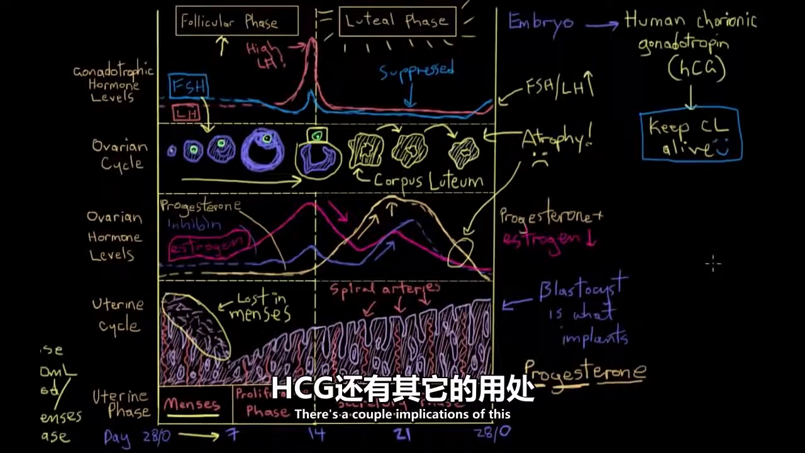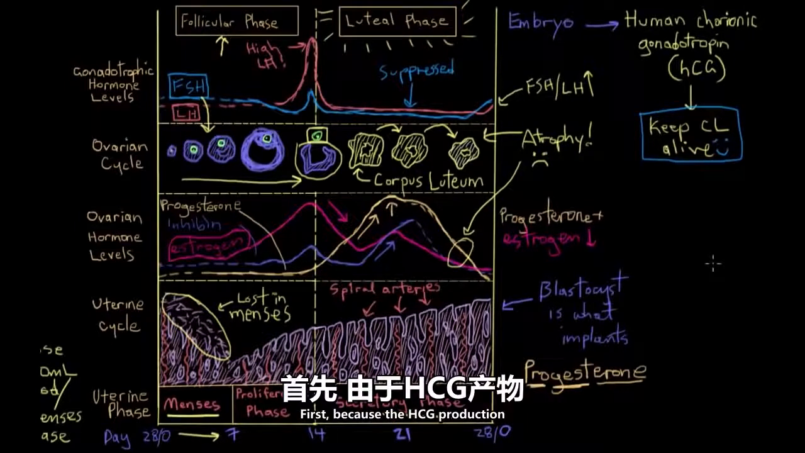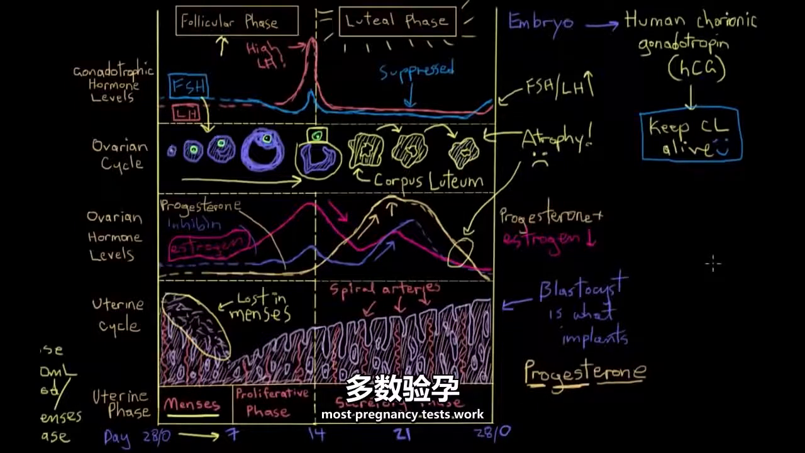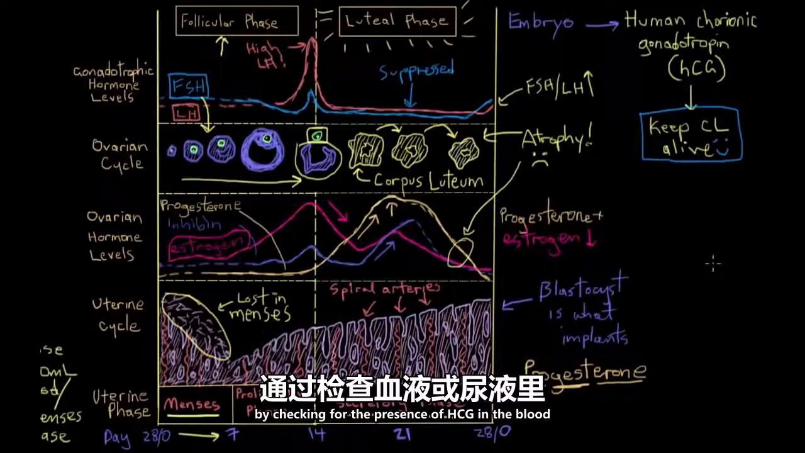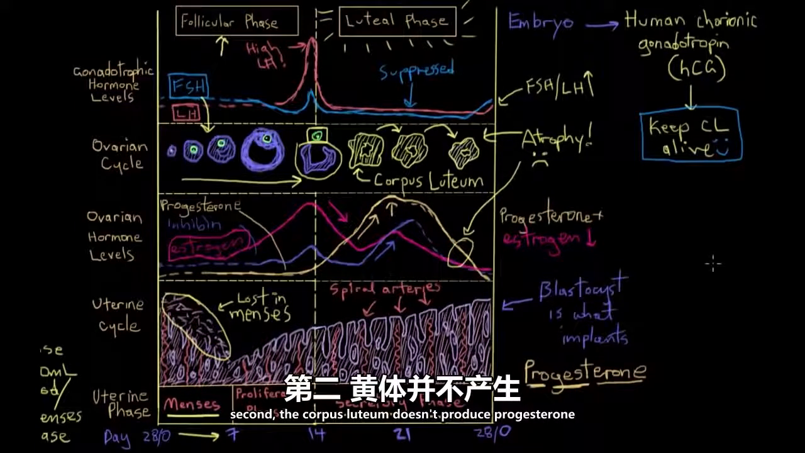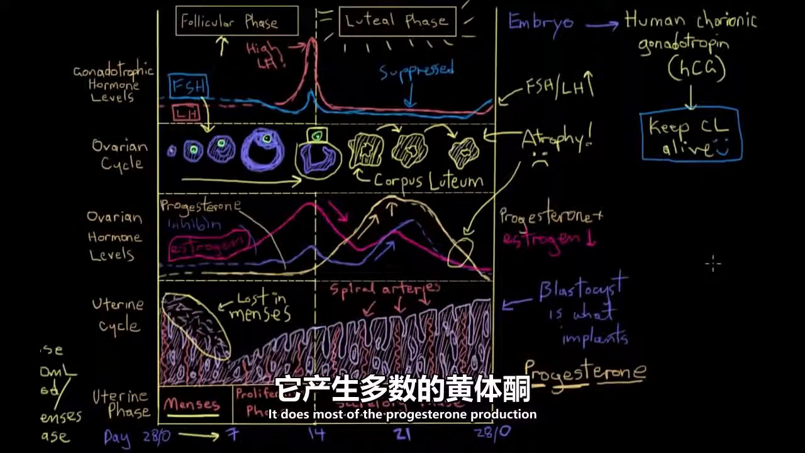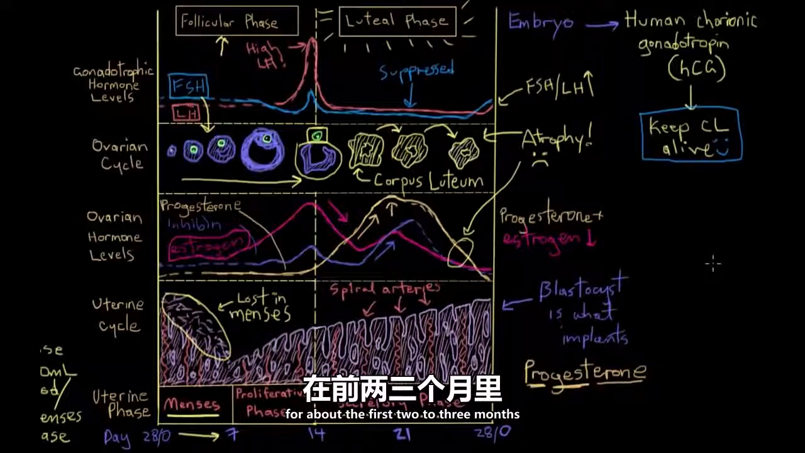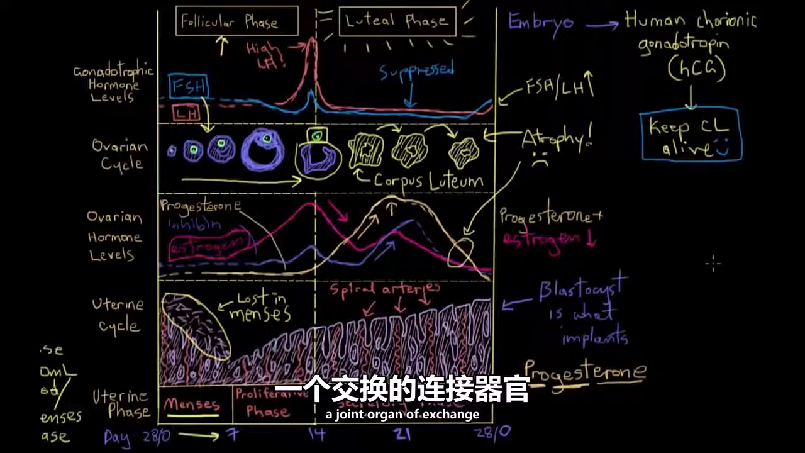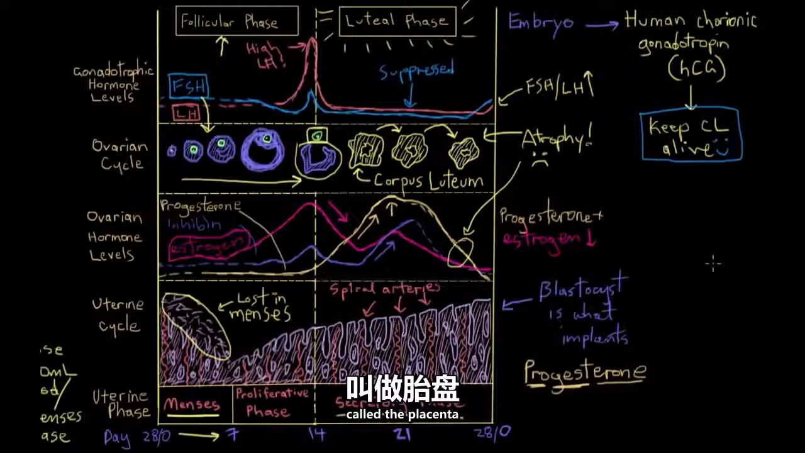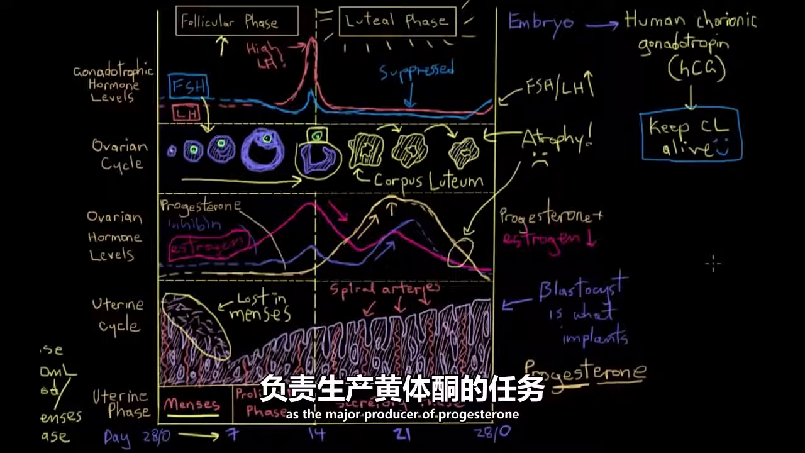So there's a couple implications of this. First, because the HCG production is unique to the embryo, most pregnancy tests work by checking for the presence of HCG in the blood or in the urine. Second, the corpus luteum doesn't produce progesterone for the entirety of the pregnancy. It does most of the progesterone production for about the first 2 to 3 months, and after that, a joint organ of exchange shared between the mother and the fetus, called the placenta, starts to take over